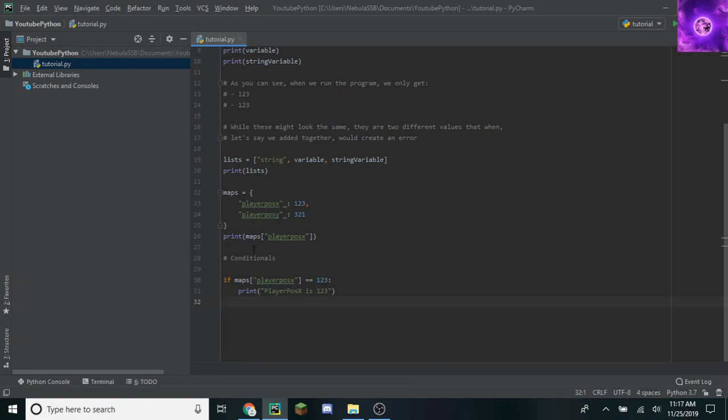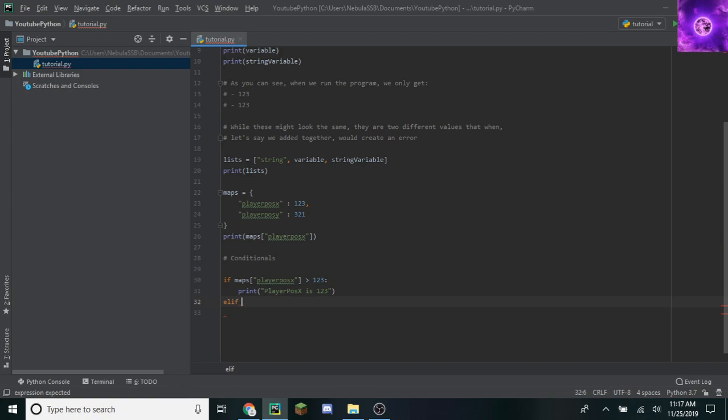However, let's say this was false. Let's say if maps is above 1, 2, 3. Well, that's not above 1, 2, 3. It is 1, 2, 3. So let's say that's false. Well, it wouldn't print this to the screen, obviously. However, let's say you wanted to print something else to the screen if that were to fail.